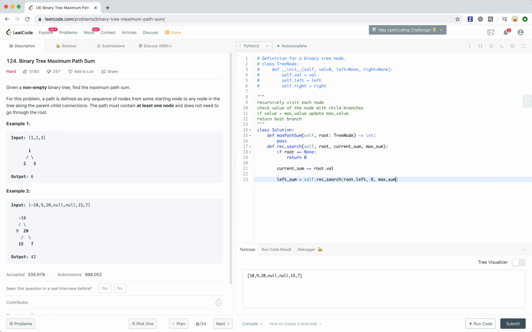And then you also forward what the current max sum is, and then you do the same for right sum. So you do rec search, sorry, root.right, 0, max sum. All right, so once you have these two,